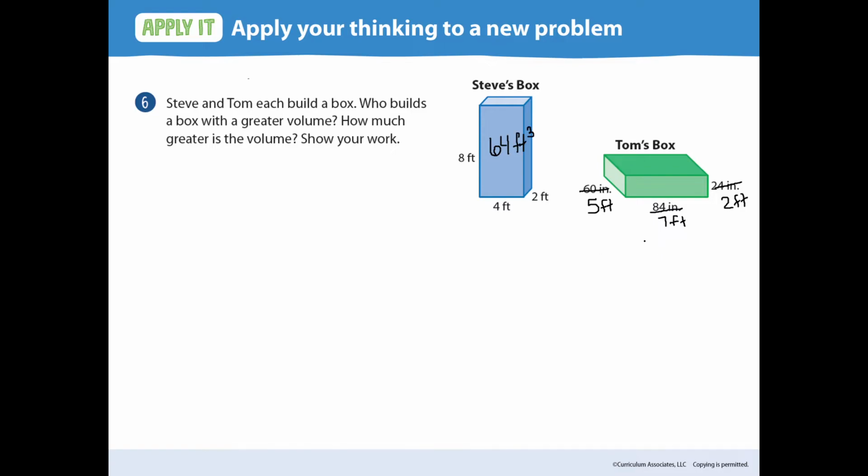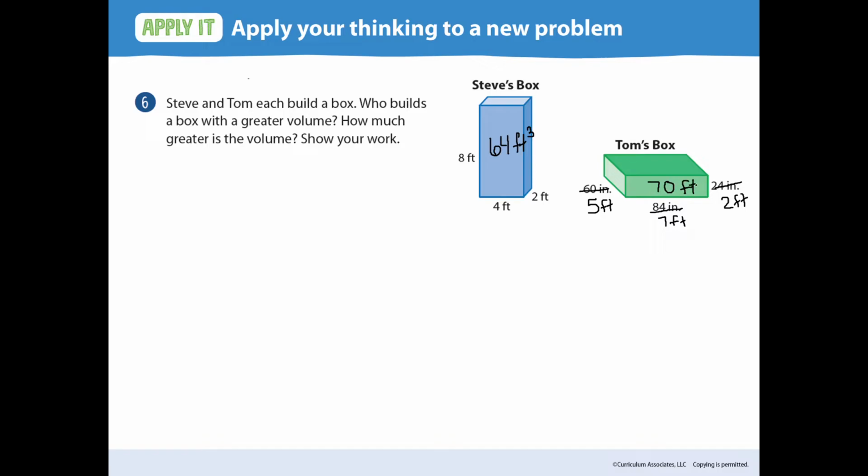And now we're going to multiply 5 times 7. 5 times 7 is 35, and then 35 times 2, let's see, 30 times 2 is 60, and 5 times 2 is 10, so 10 and 60 is 70